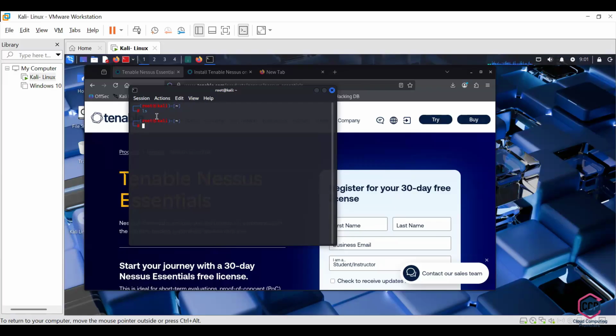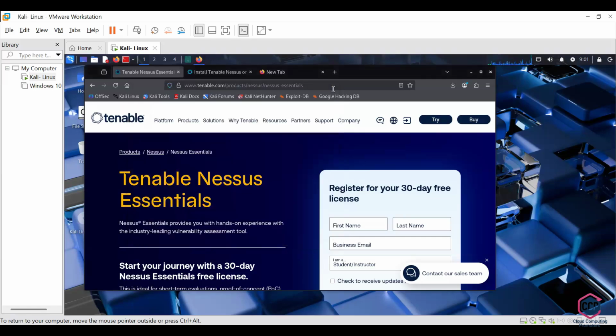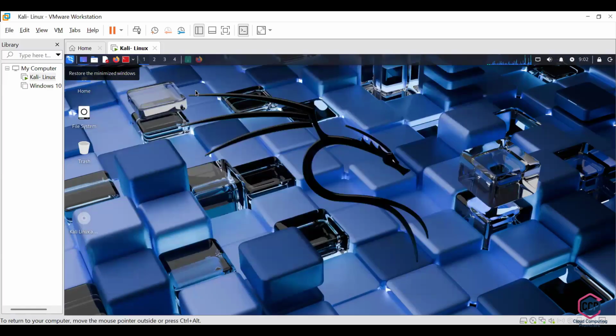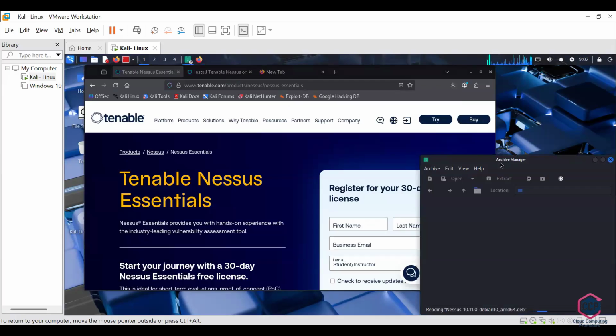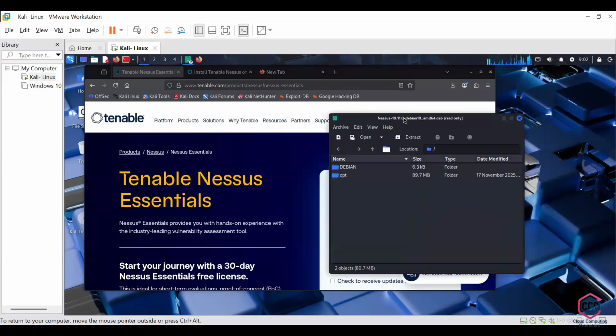Okay, nothing. Do one thing: close this one. Go to your files, go to that folder. Click on downloads. Click on that folder icon. Go back.